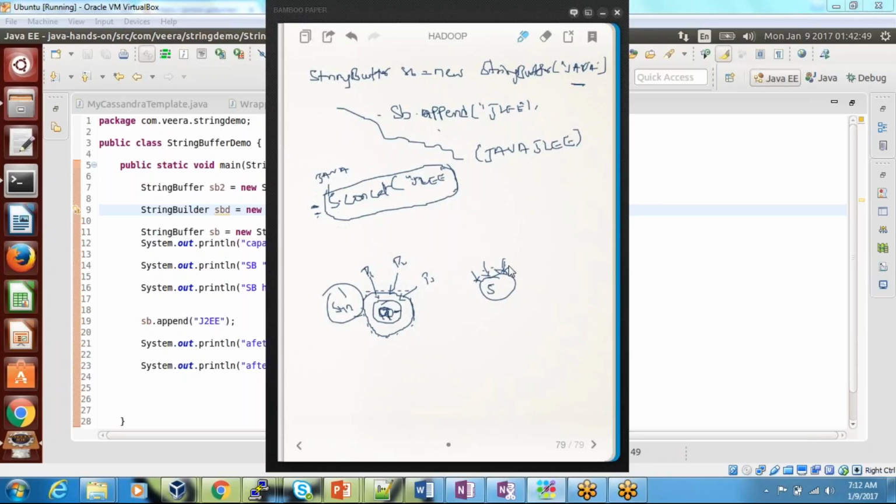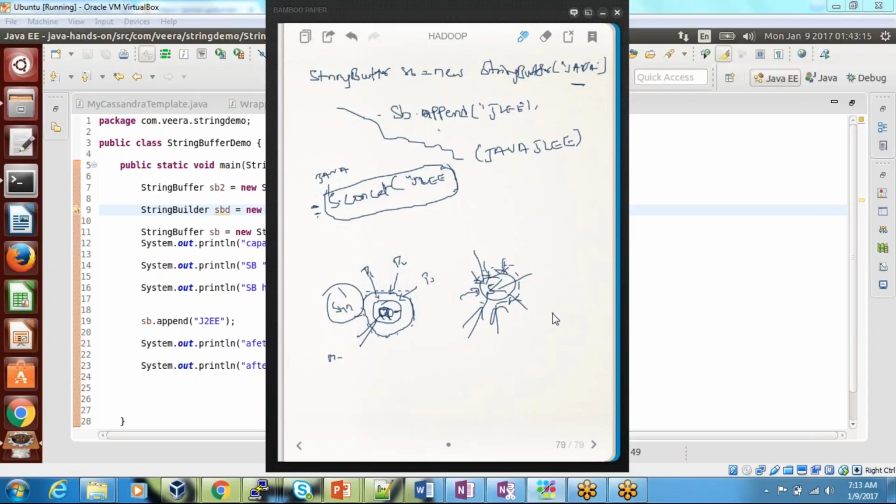So do I need to keep a synchronized here? No, no need, because no one is going to change the value. Before, someone was changing the value, it was mutable, so that's why we needed synchronized. Here it is not mutable, it's immutable. So whoever comes, any number of people, they can just refer to it. They cannot change the value. So that's why